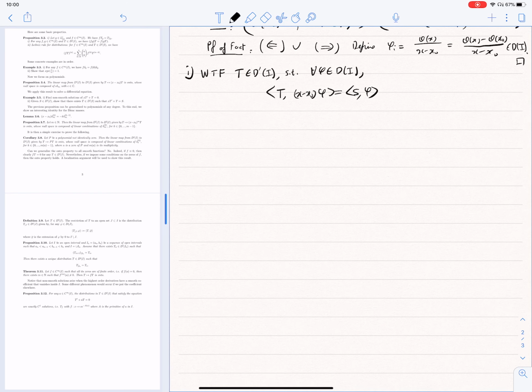So the idea is to define T on a generic test function to be S applied to a certain transform that I call Q of psi, in such a way that the operator Q